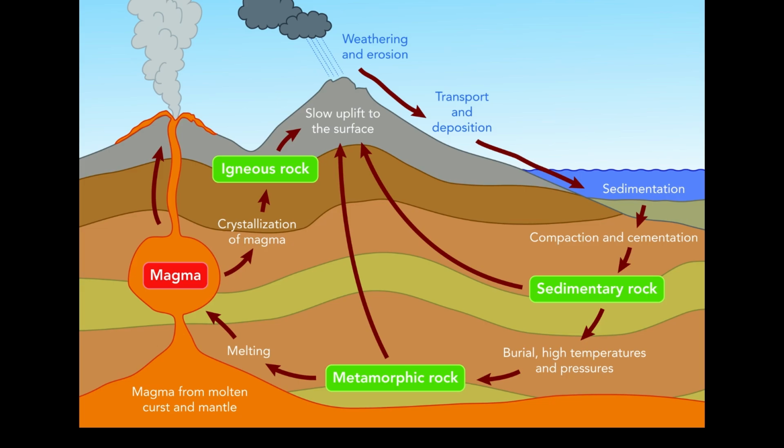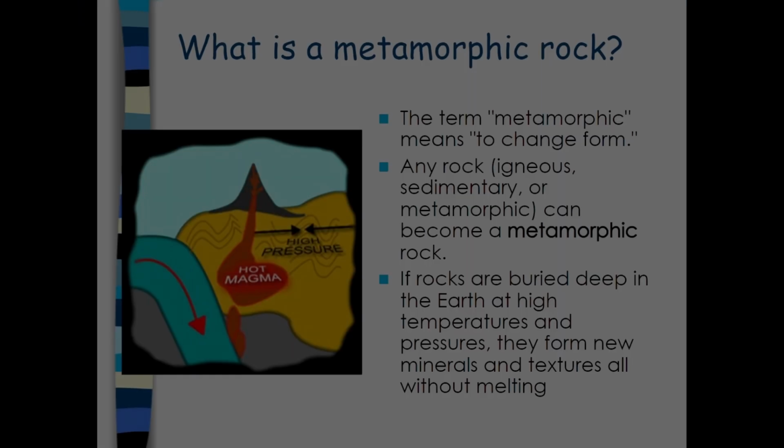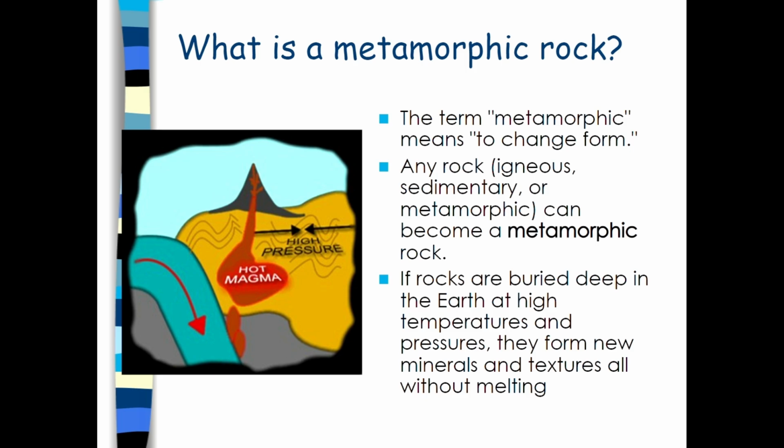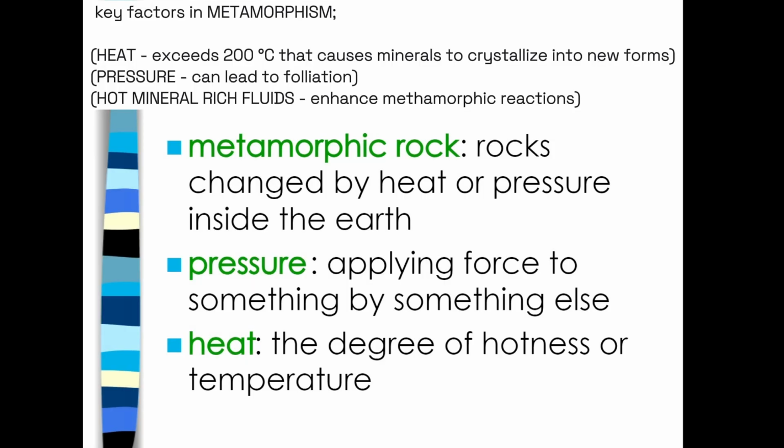Their transformation occurs under conditions of intense heat and pressure, typically found deep within the Earth's crust or at tectonic plate boundaries. This process alters the mineral composition and structure of the original rock without melting it, resulting in new textures and mineral assemblages. The key factors in metamorphism include heat, which exceeds 200 degrees Celsius and causes minerals to